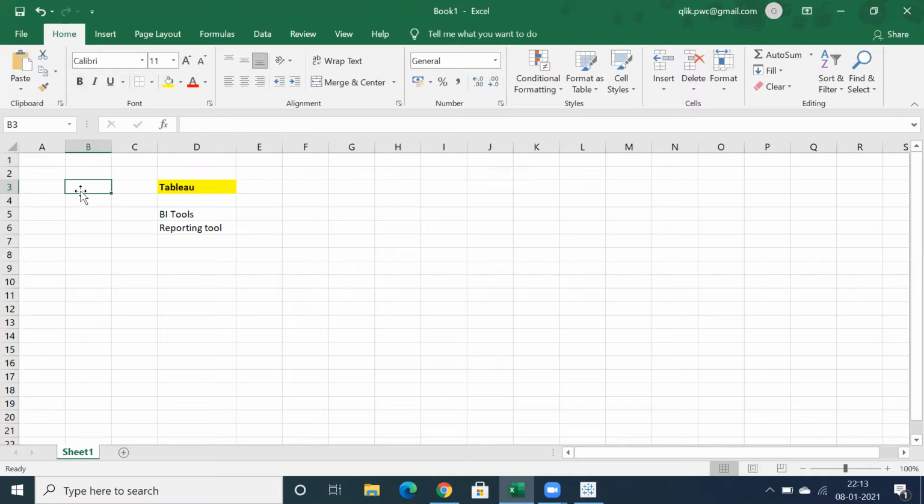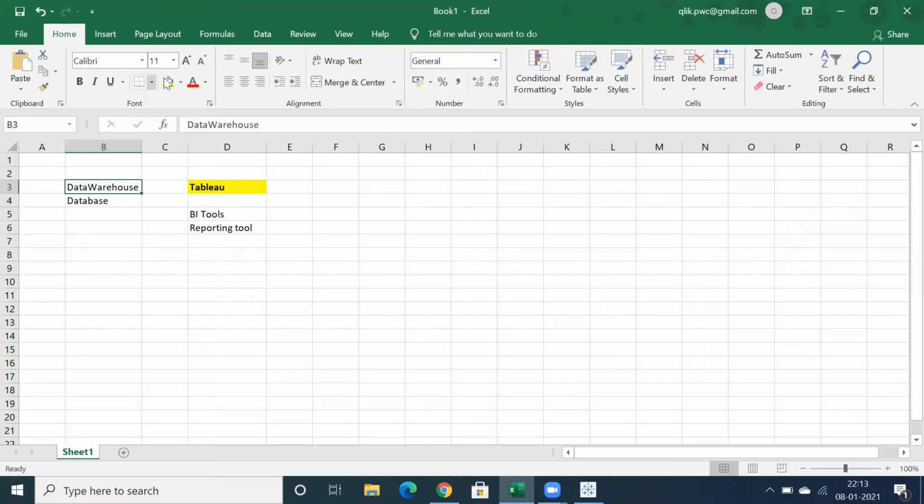So the prerequisite for learning Tableau is some basic knowledge of data warehouse and basic knowledge of databases, like basic SQL things. That helps actually. So I'm going to teach what is data warehouse and the topics under data warehouse.